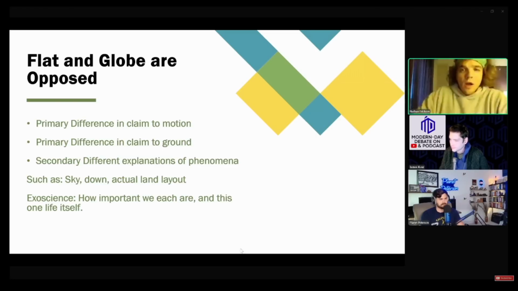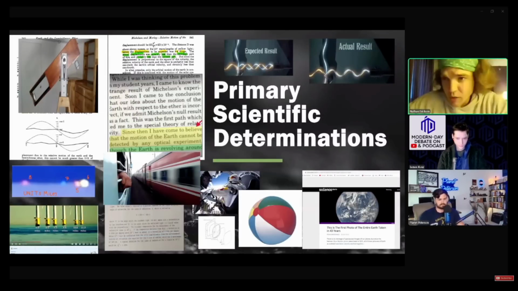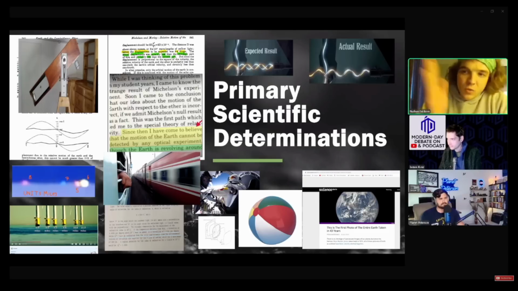So the first thing that we have here, and this is a little bit of a jumble, is the primary scientific determination. If you're talking about the shape of the Earth, like the shape of a table, you would look at the table itself for the primary characteristics of its dimensions. With the primary sciences, first you had Airy's failure, which was tilting a telescope with water in it. That showed that they did not have to tilt the telescope, which implied that the stars' light was moving into the line of sight of the telescope. And that's why they didn't have to tilt it.